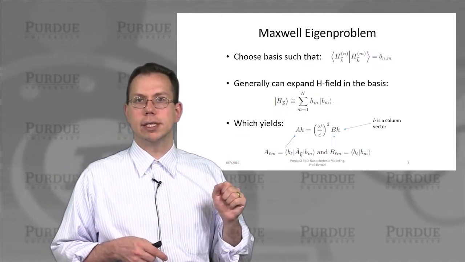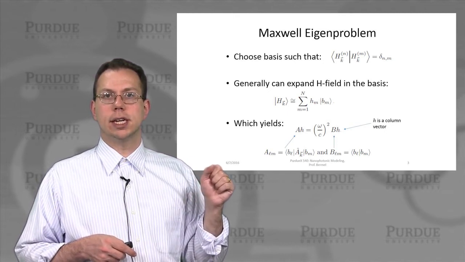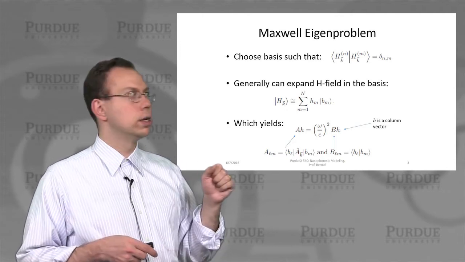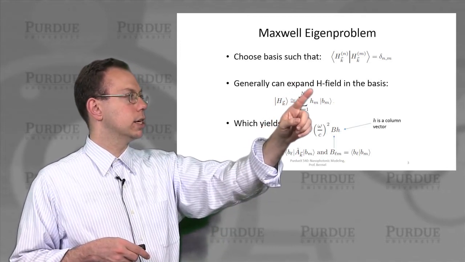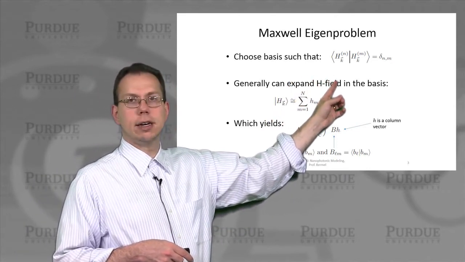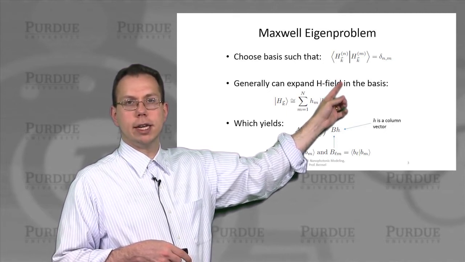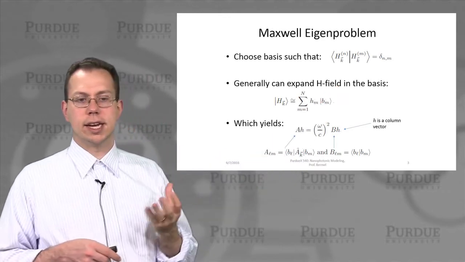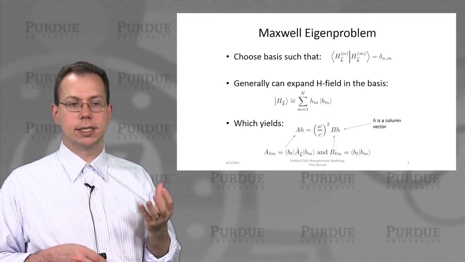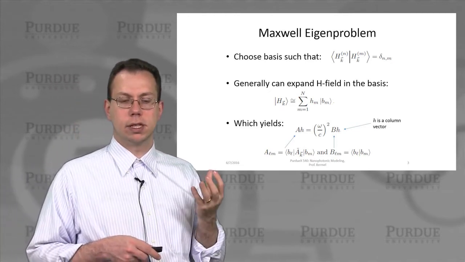And now we need to choose a basis for H_K. Without necessarily explicitly saying that H_K has to be in a Fourier basis, we just say that we choose a basis that's orthonormal, which means that if you have two different basis elements, H_KN and H_KM, then they're going to give us an inner product of 1 if and only if n equals m. And then we can expand the H field in this basis, whether it's Fourier or another type of basis, such that H_K is the sum over H_M times B_M. So it's a linear combination.